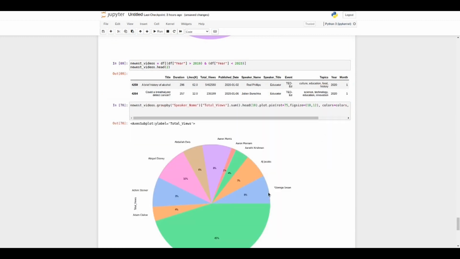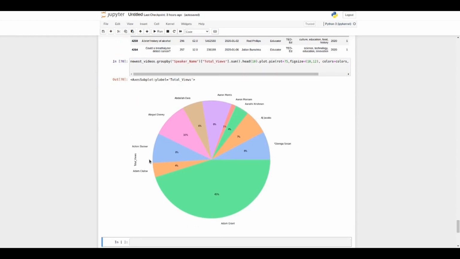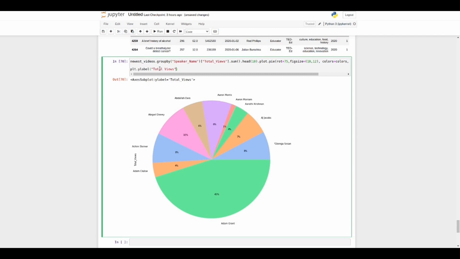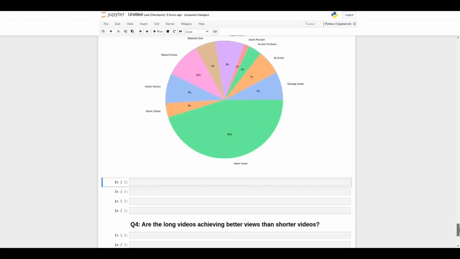Enter. Okay, great. However, I want the total views to not be so close to the speaker names, so I will emphasize that while using my label. So let's remember, when it comes to y label, views, and location, I will make it top, and rotation center, and finally font size, let's say 14. Perfect. Total views, and now we see Adam Grant